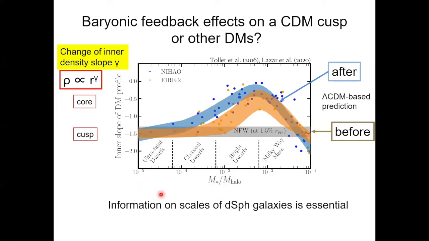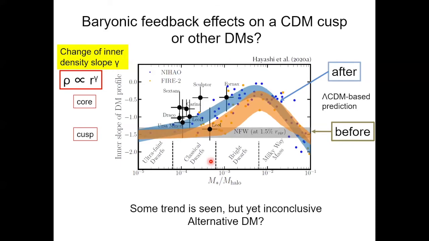So information on the dwarf scale is essential to set limits on this physical process. So we put our analysis result here. As you see, there's still some dispersion or diversity, and each satellite has a large observational error. But there's some, as you see, the trend